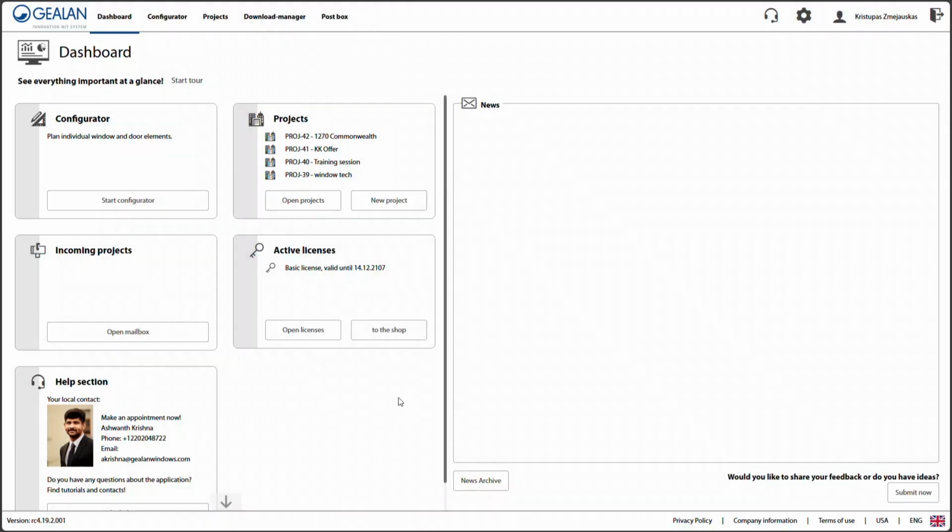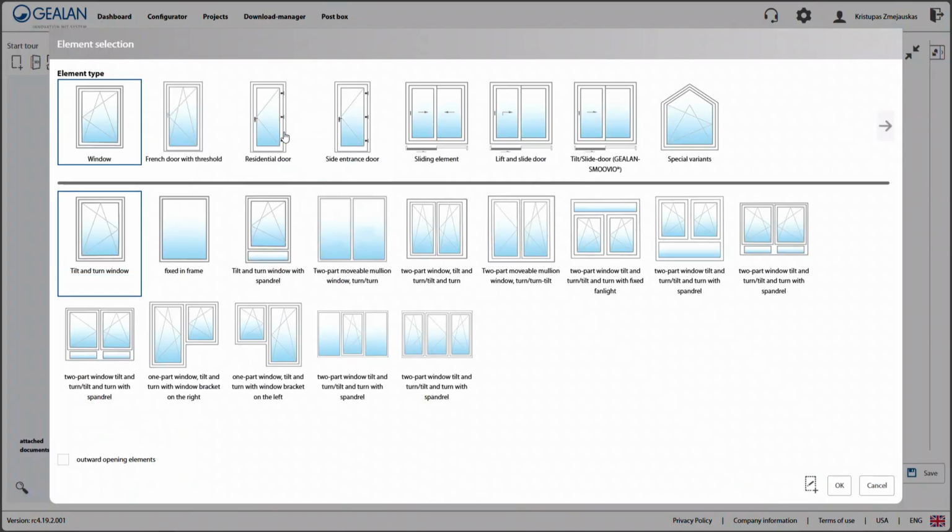GEALAN Planersoftware 3.0 offers you many tools for your window elevation drawings, your project planning, and exporting all of this information into architectural software, the Revit plugin, and ArchiCAD, or presenting this to your clients in a clean and consistent manner. If you go into the Start configurator, you will be presented with a multitude of options for the templates